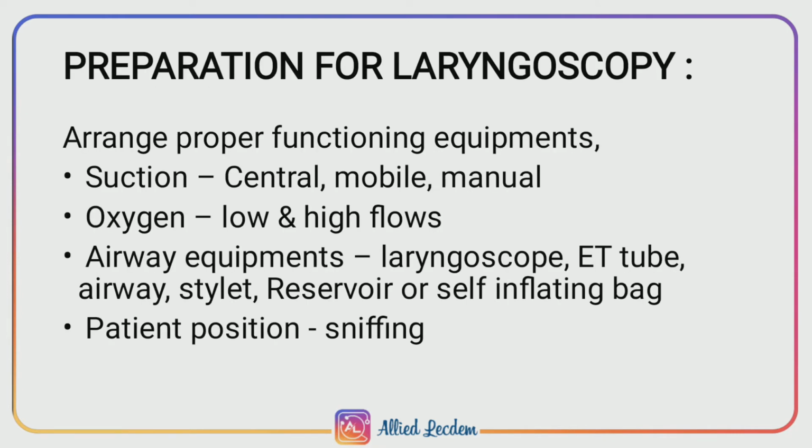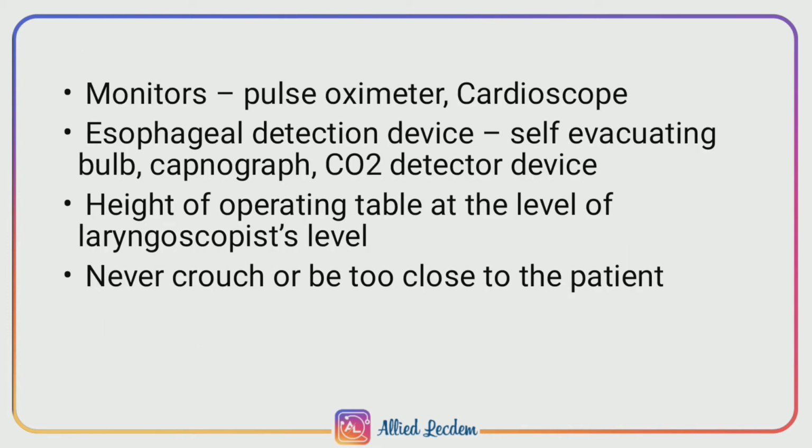Preparation for laryngoscopy: arrange properly functioning equipment: suction, central, mobile and manual; oxygen, low and high flows; airway equipment: laryngoscope, ET tube, airway, stylet, reservoir or self-inflating bag; patient position: sniffing; monitors: pulse oximeter, cardioscope; esophageal detection device, self-evacuating bulb, capnograph, carbon dioxide detector device; height of operating table at the level of the laryngoscopist, never crouch or be too